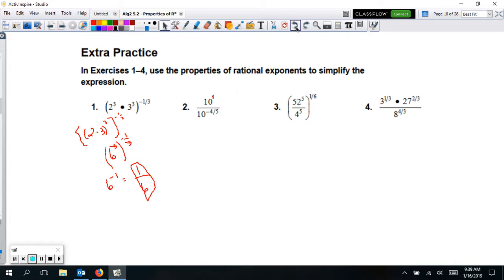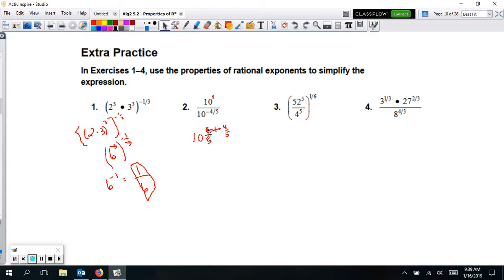So it's going to be the base 10, and then I'm going to change 1 into 5 over 5, so it has the common denominator of 5. And it's going to be minus a negative. I'm going to change that to a positive. It's going to be a double negative, changing to positive here, then the 4/5. So 5 over 5 plus 4 over 5 is what it becomes. We're not adding the exponents. We really are subtracting the exponents, but it's 1 minus this, so minus a negative 4/5 becomes a positive, double